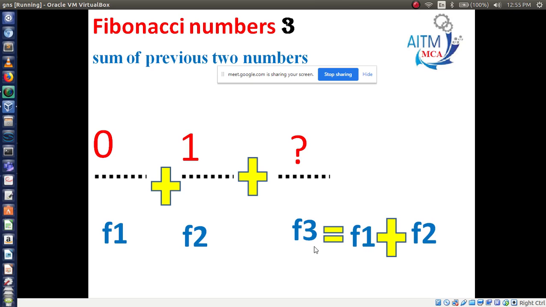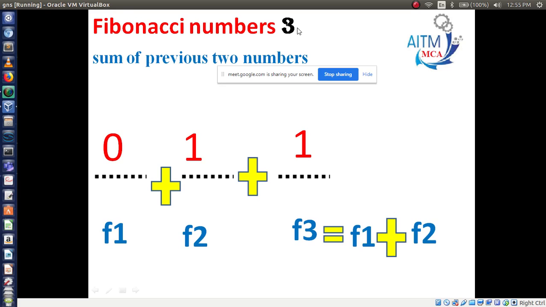What is the f1 value? 0. The f2 value is 1. 0 plus 1 is 1. That is your answer. This is the Fibonacci series. How many numbers? 3. So 1, 2, 3. This is the answer: Fibonacci series of 3 means you get 0, 1, 1.